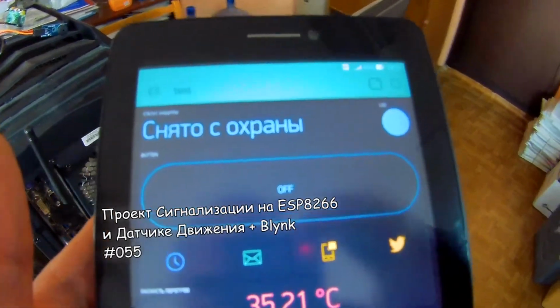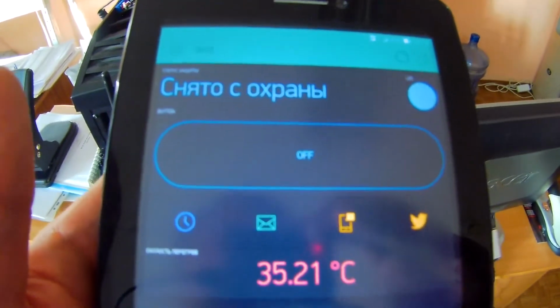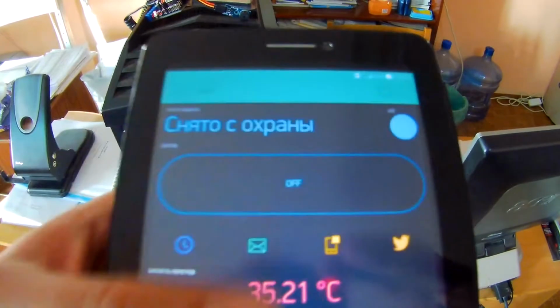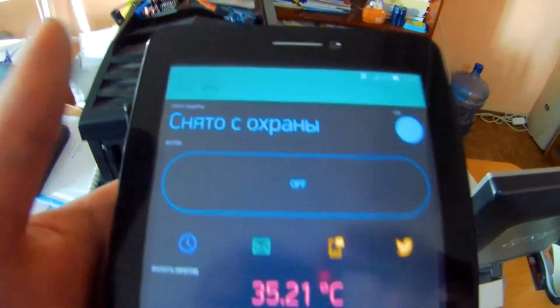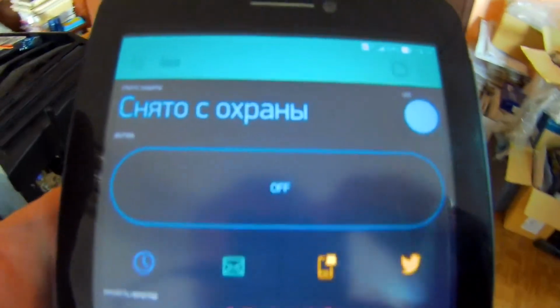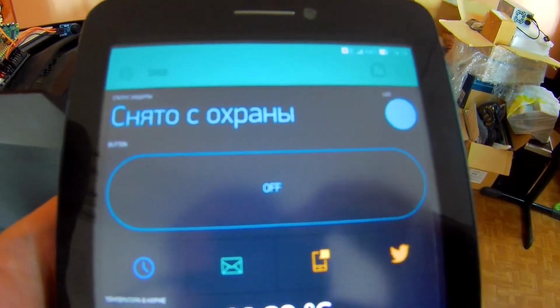Today I want to show you a simple alarm based on Blynk and ESP. First of all, I will show you what Blynk itself is capable of, then I will tell you about hardware, and after that about the code. The alarm system is currently disabled, as you can see. It's a simple label value,